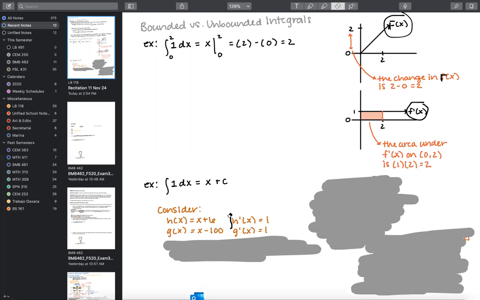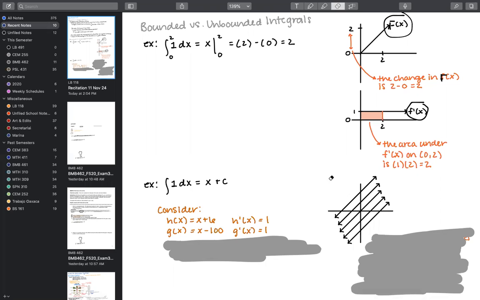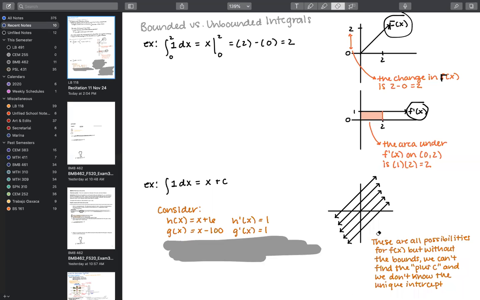It doesn't matter. The point is that since we're only given information about the derivative, we don't know what the constant is. And so graphically, the consequence of this is that it could be infinitely many functions within a family where their qualifying characteristic is that they all have the same derivative. So all of these options here have the same derivative, but all of their plus c's, their constants, their intercepts